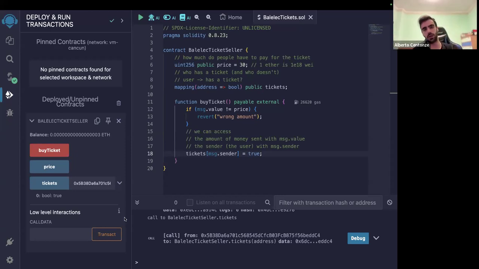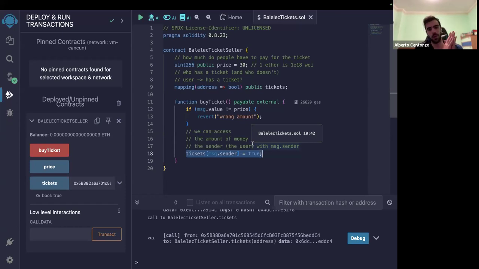We could make this fancier. Of course, I could introduce NFTs here and make the ticket an NFT, which would not be that different. Here, we would just call a function to create an NFT. But we're not gonna do this today because it's a bit too much. What I really want to show you, which I think is more interesting, is, for example, let's see how it works if we want to have some additional admin controls on the tickets. So for example, let's say we want to change the price.